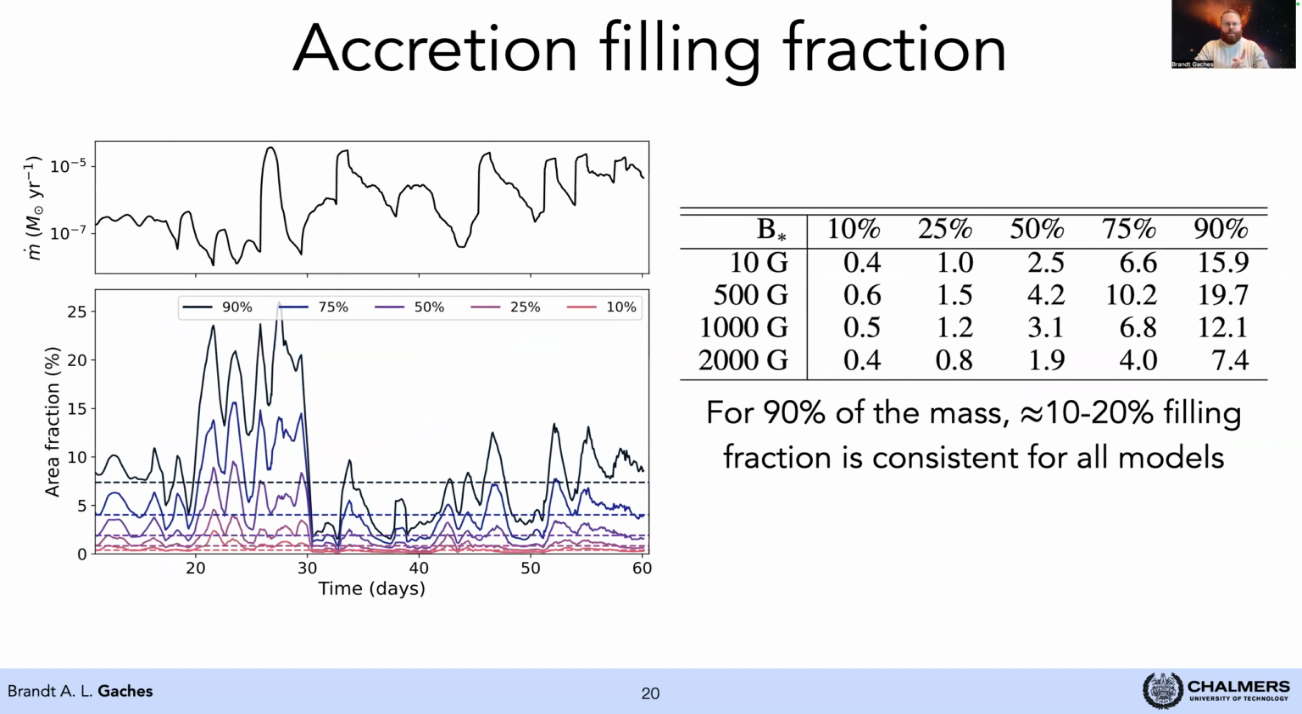What this is, I think this plot is actually for the 1,000 Gauss here. Or no, the 2,000 Gauss field, because you see the accretion rate going all over the place. And the table on the right shows what the filling fraction of accretion is using this model. One thing that's a bit remarkable is that if you look at where the top 90%, so where the vast majority of the accretion is happening, it's relatively insensitive to the end protostar